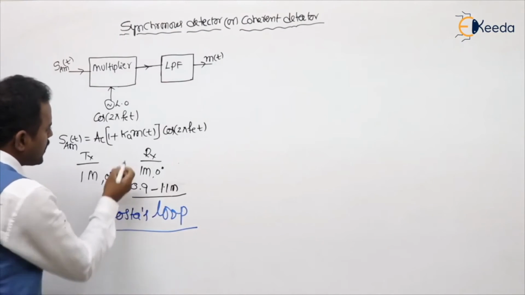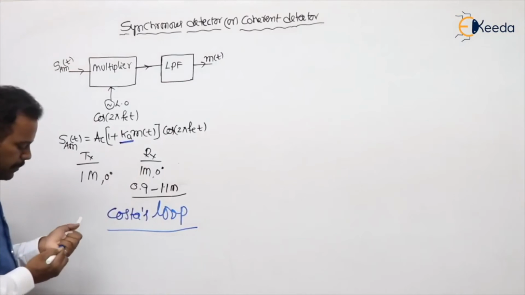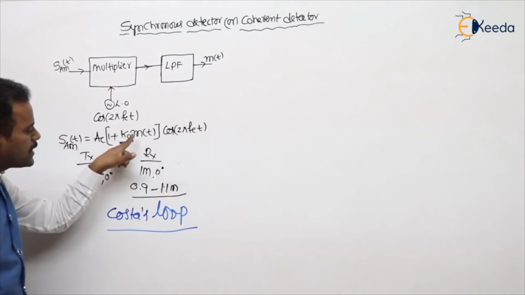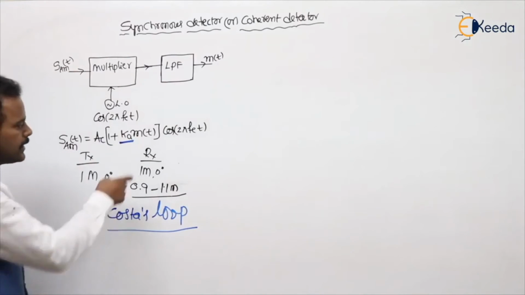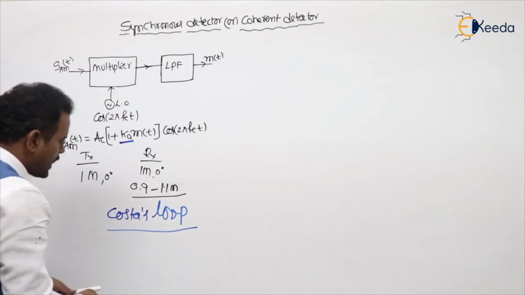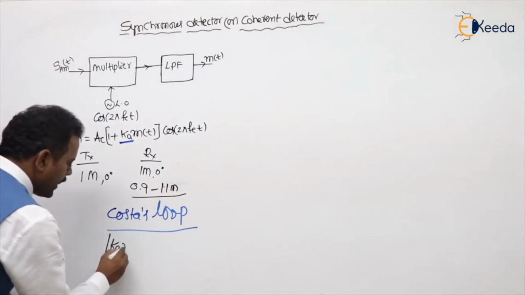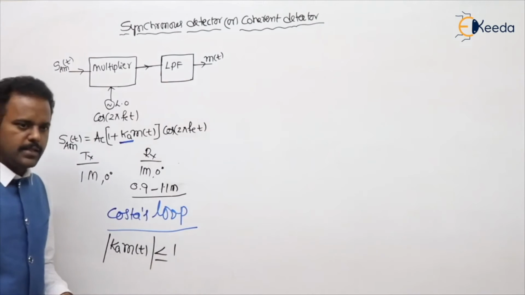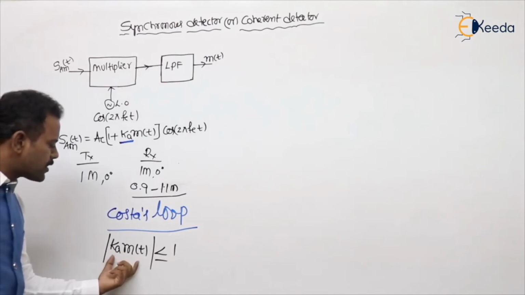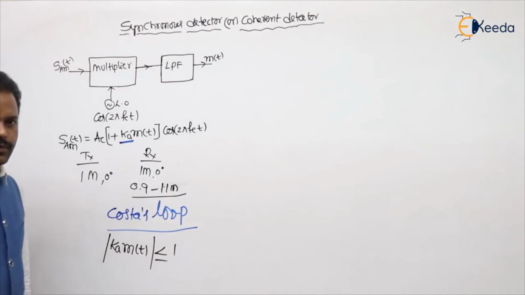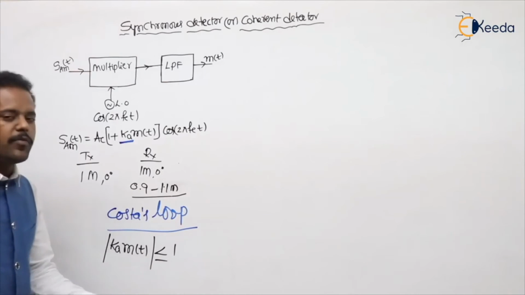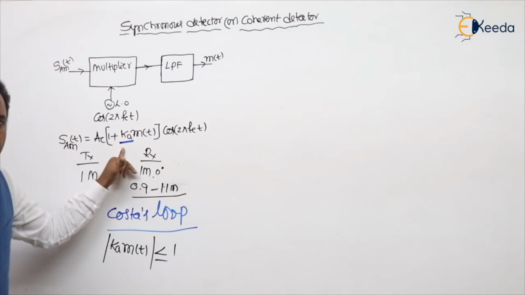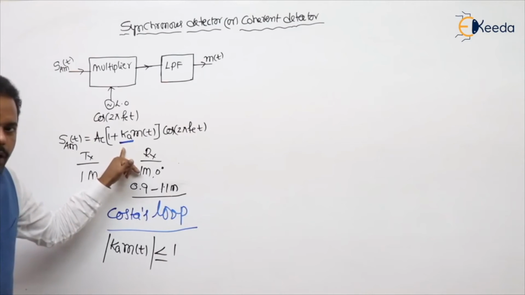Here, what is the purpose of Ka? I told you, sir. Depending upon the message signal, we will choose the Ka value in such a manner that the product of Ka and m(t) should be less than or equal to 1. That is, mod of Ka into m(t) should be less than or equal to 1, which gives the modulation index. So the modulation index value should be less than 1 for envelope detection. The significance of amplitude sensitivity is to get the proper modulation index.